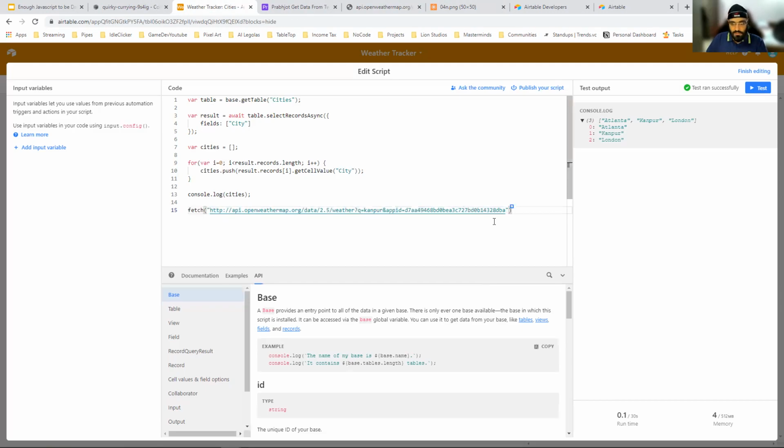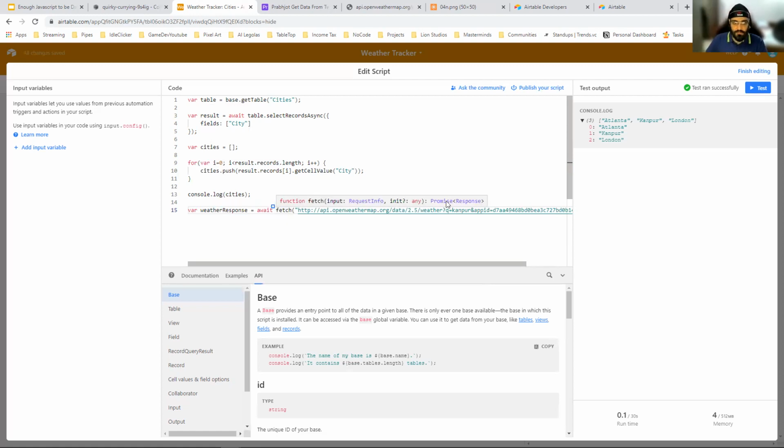So we'll just do this now. If I do this fetch, something to know is that this weather response, I'll store it here. This fetch is also an async call, right? So we don't know how much time it will take. The fetch returns a promise. If you hover over fetch, it is also returning a promise. So if it's returning a promise, you have to do an await, right?